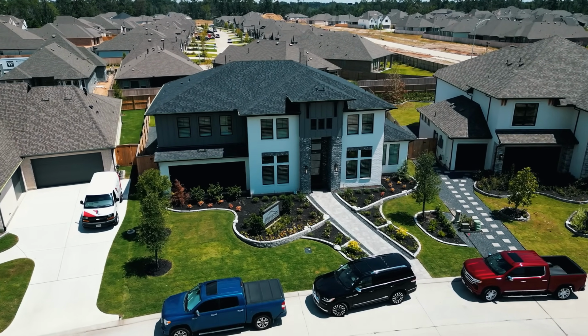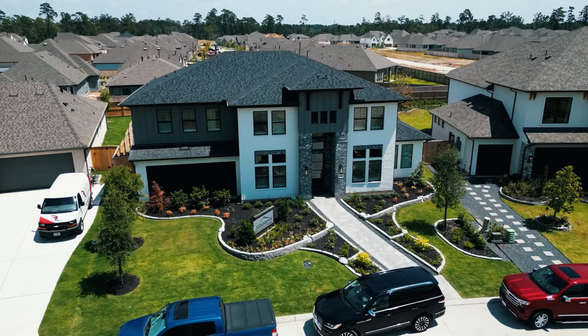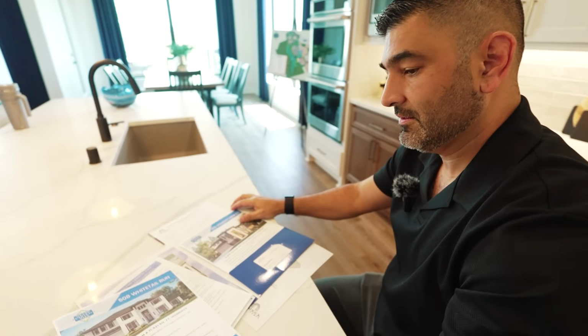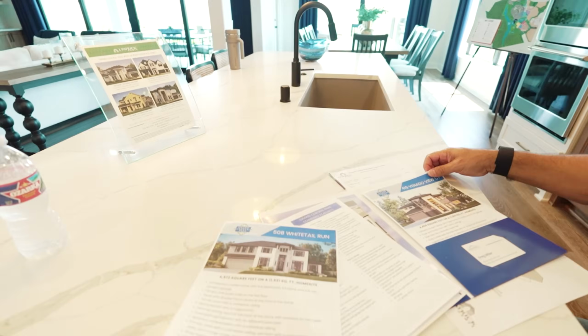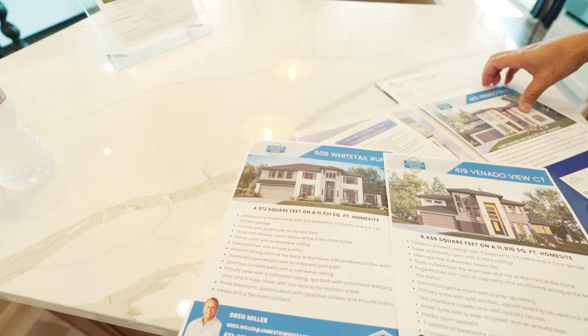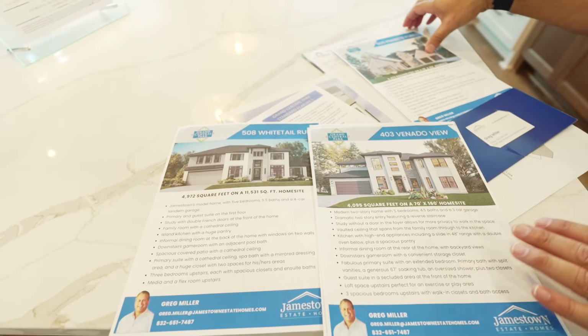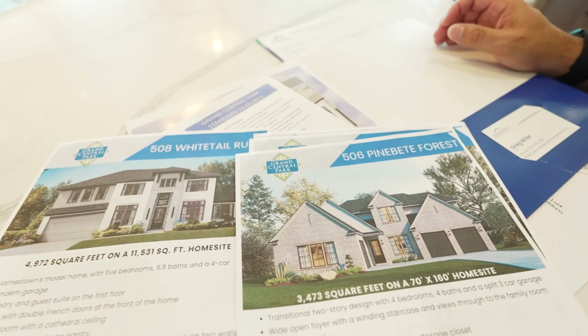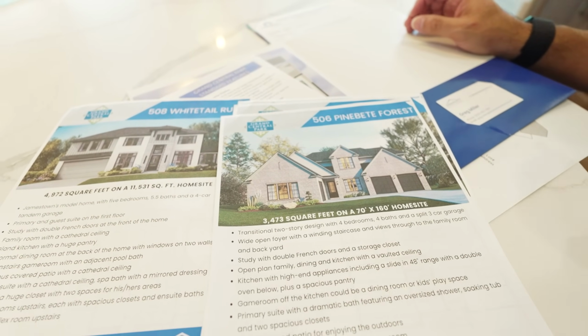So okay, for the first house that we went into, Jamestown, he said starting price 900, and they're going to really customize a lot of that house. As you can see, there's just tons of square footage. These are different plans: you've got 4,900, 4,400, 4,000 square feet right here. And as you notice, there are different styles of elevations, down to a very modern traditional style at 3,400 square